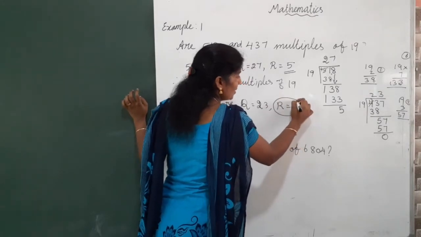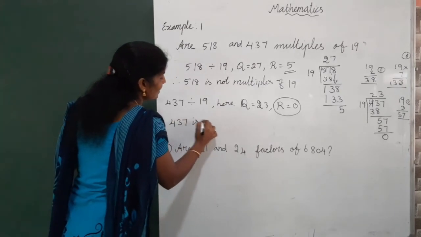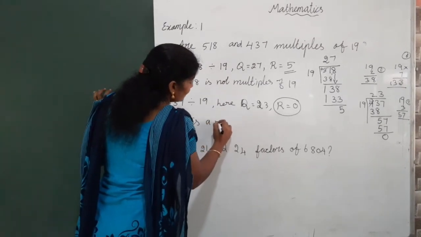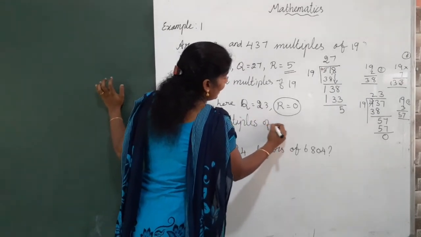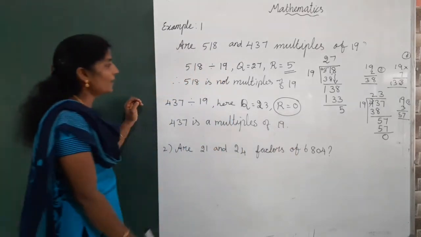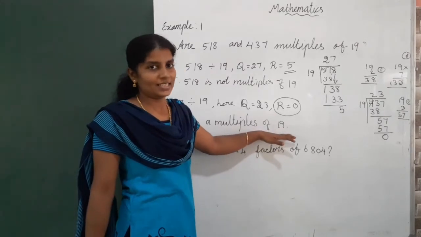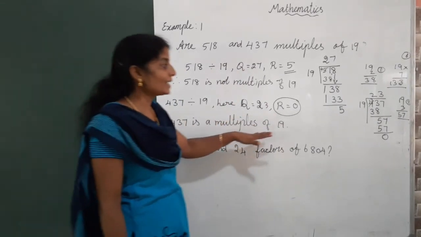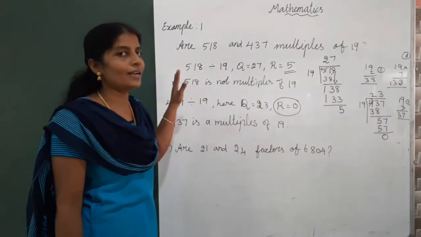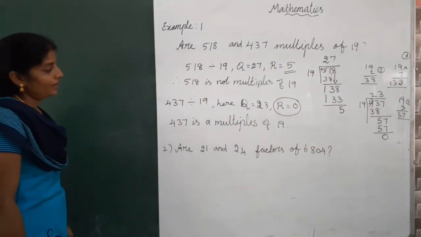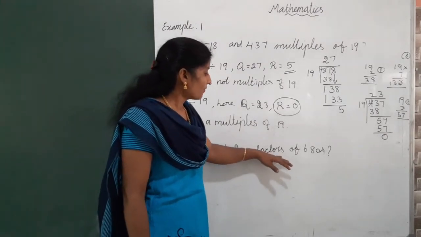Here remainder 0. So we can write 437 is a multiple of 19. Are you clear? If you get remainder 0, that is the multiple of that particular number. Okay. Now, second question: 21 and 24, factors of